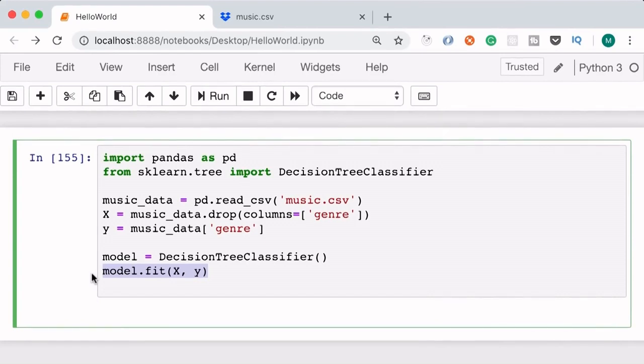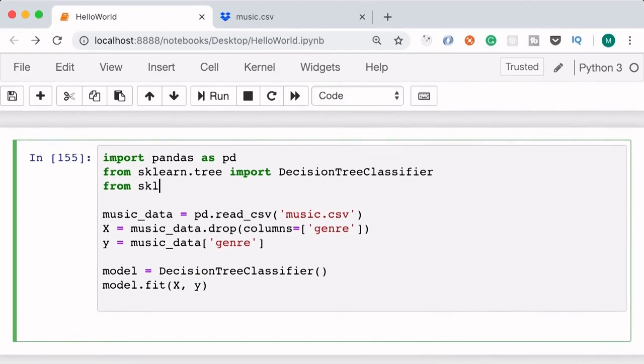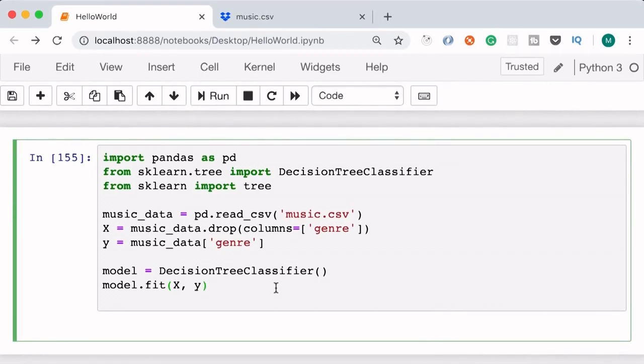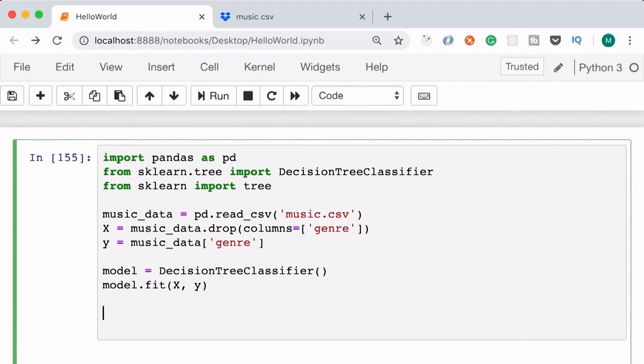Now, I want you to follow along with me, type everything exactly as I show you in this lecture. Don't worry about what everything means. We're going to come back to it shortly. So on the top, from sklearn, import tree. This object has a method for exporting our decision tree in a graphical format. So after we train our model, let's call tree.export_graphviz.